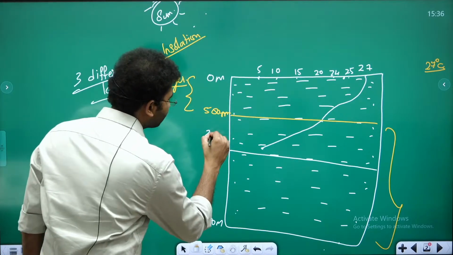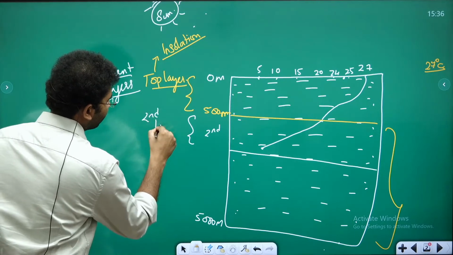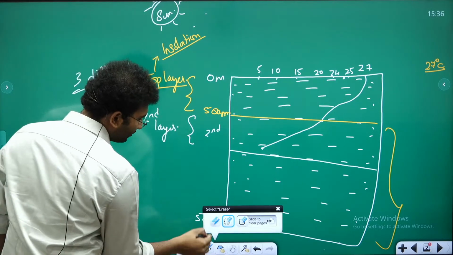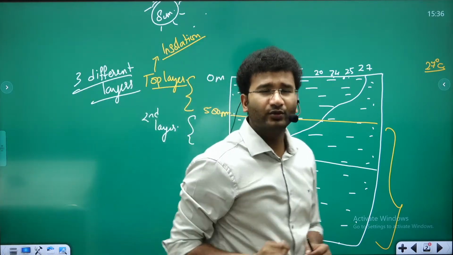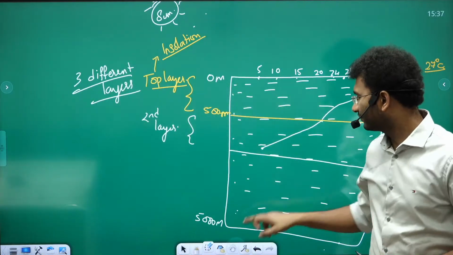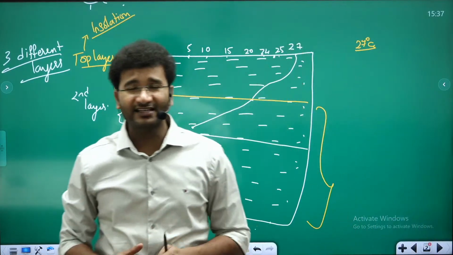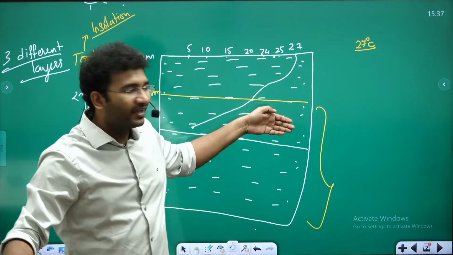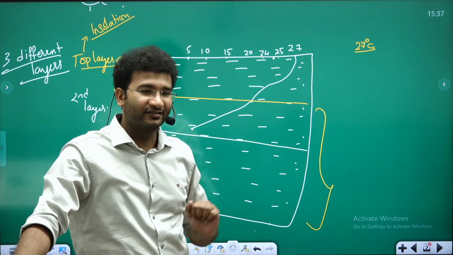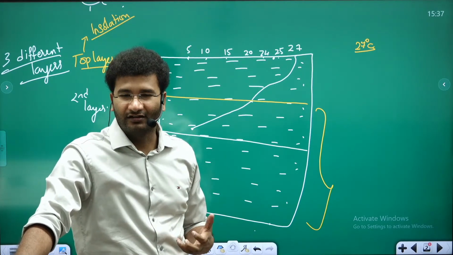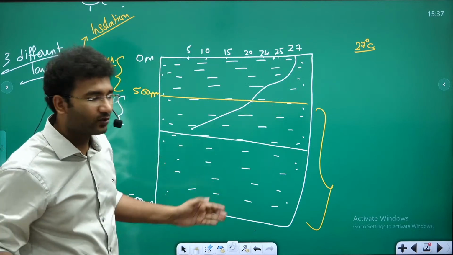And this is called the second layer. You get to see a drastic drop in the temperature of the ocean water. But why do you see this drastic change? It is because in this area you will not find sunlight. Sunlight na hone ke karan, the temperature of the ocean water has drastically dropped, and this layer is also called,